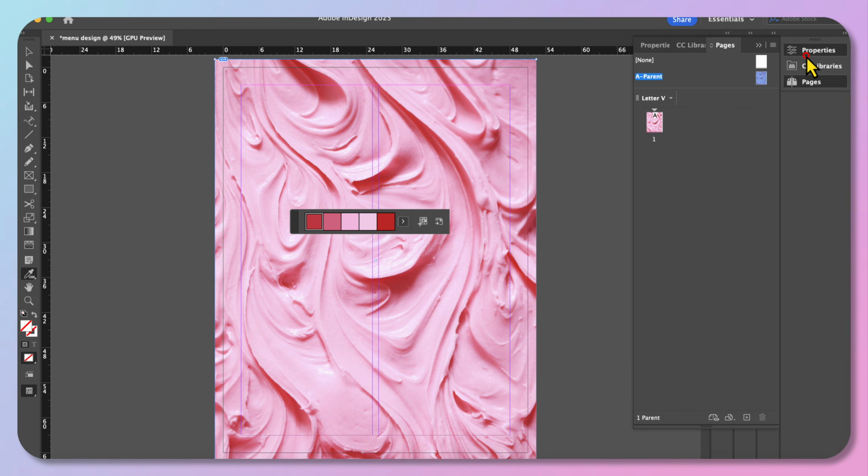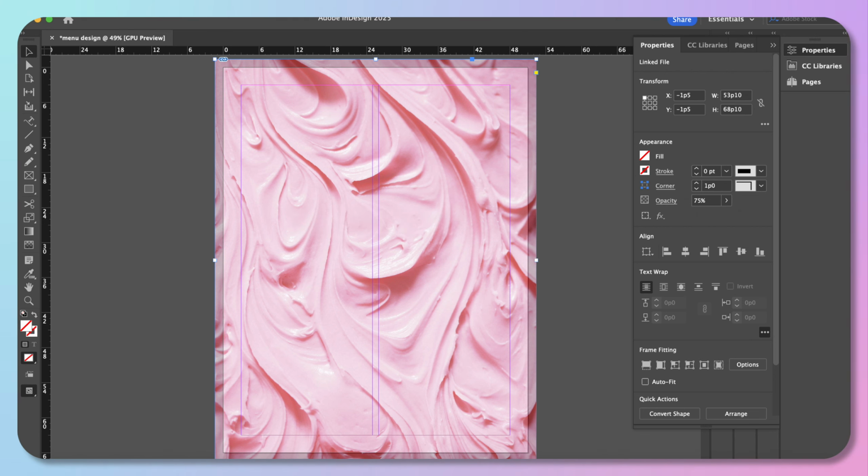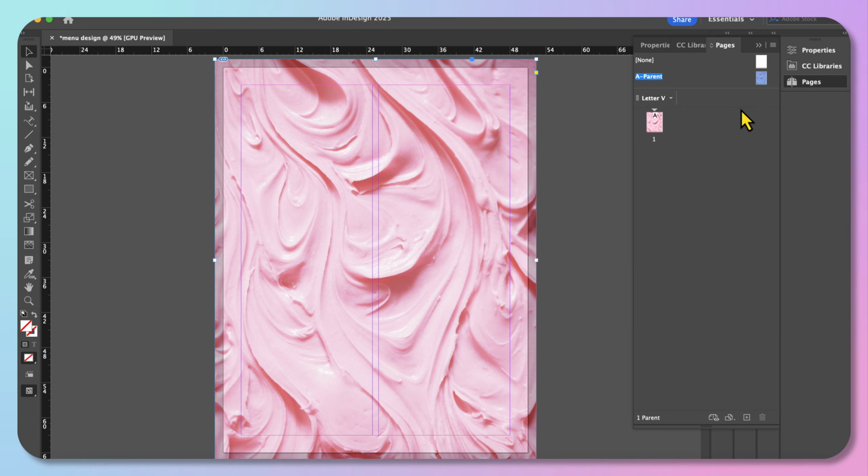As much as I like it, however, I'm going to lower the opacity of this image. So in my Properties panel, I'm going to lower the opacity from 100 to roughly about 75%, so it's a pale pink. Having done so, I will now go back to my Pages panel,